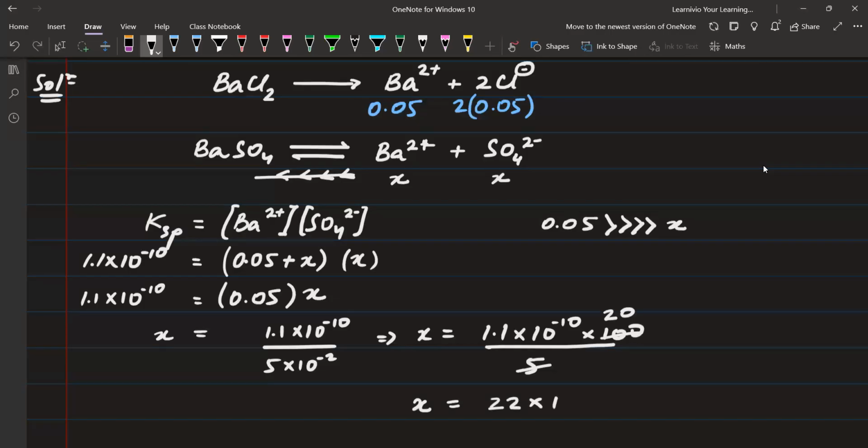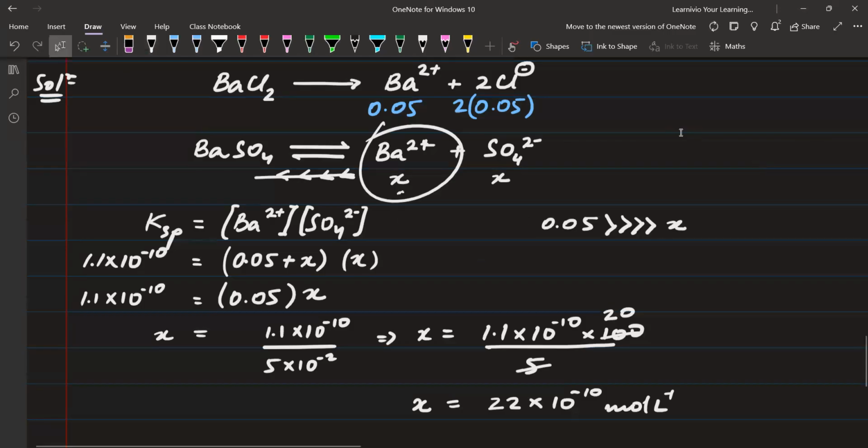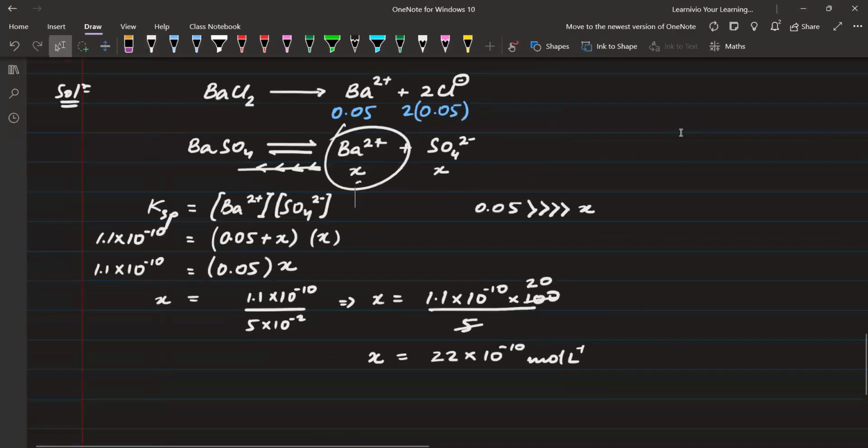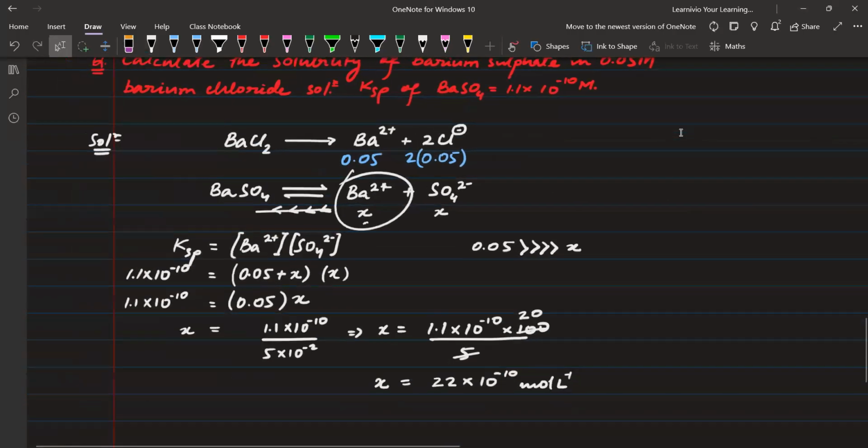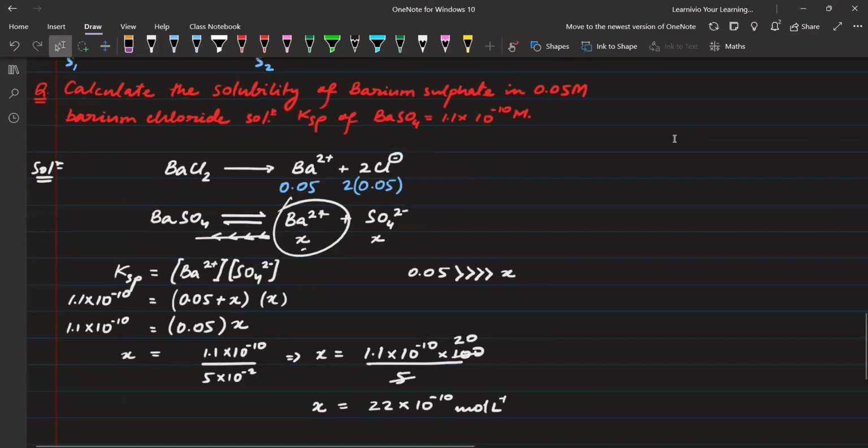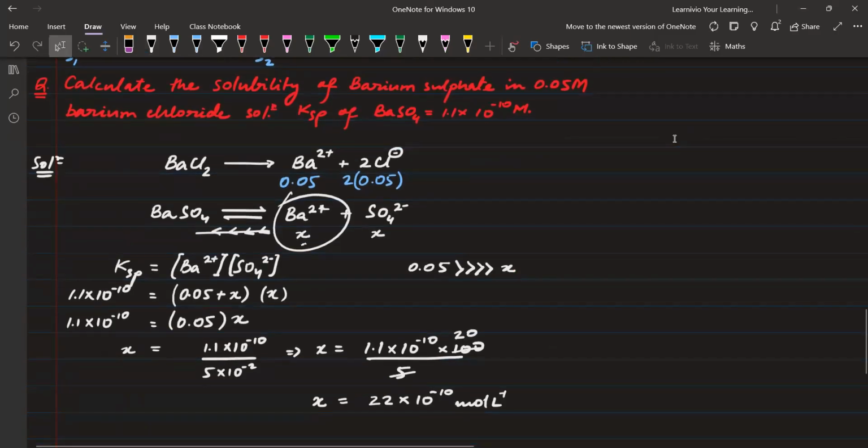22 इंटू 10 to the power -10 moles per liter, and that is the solubility of barium sulfate, है ना? वही सॉलिबिलिटी आगे x, बेरियम 2 पॉजिटिव जो बेरियम सल्फेट निकल रहा है, कितना है? 22 इंटू 10 to the power -10 moles per liter. Copy this down, raise your hand once you're done. ठीक है, this is the effect of common ion, this is the effect of common ion, कॉमन आयन होने की वजह से।